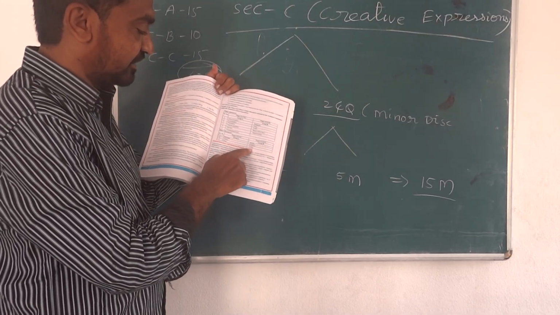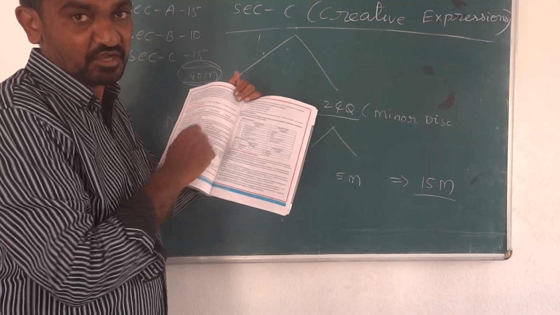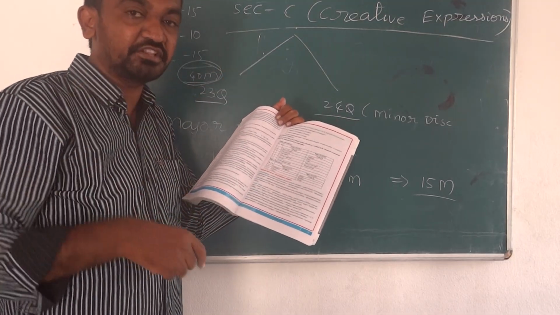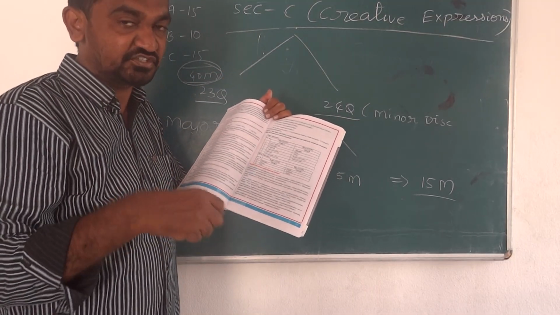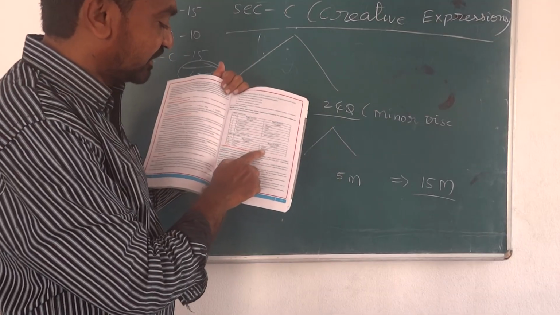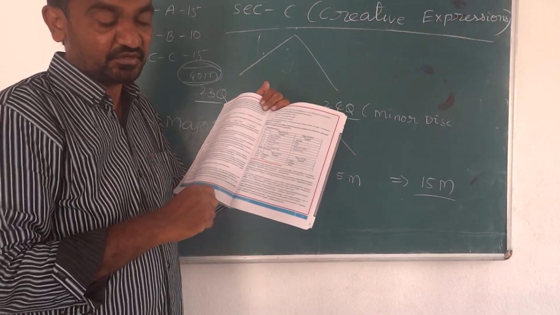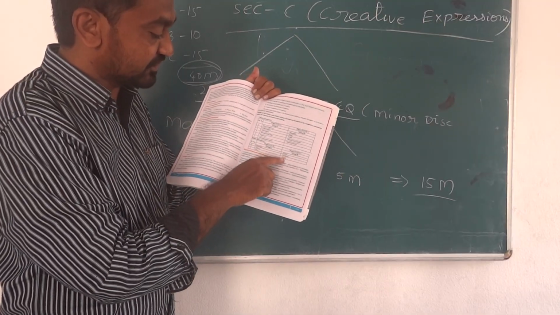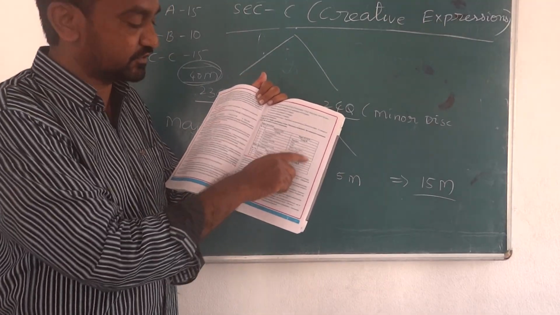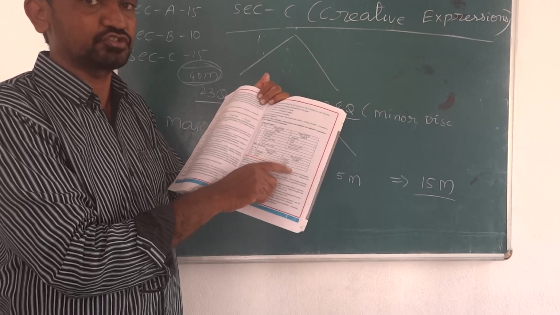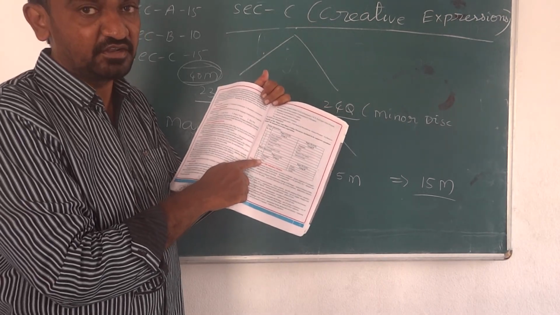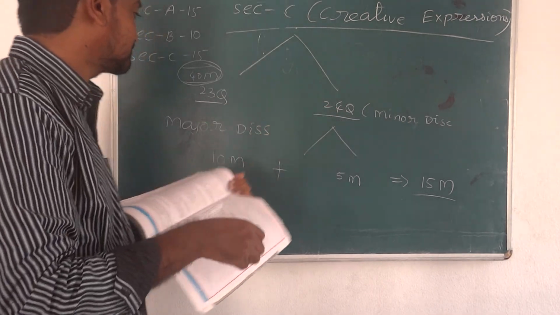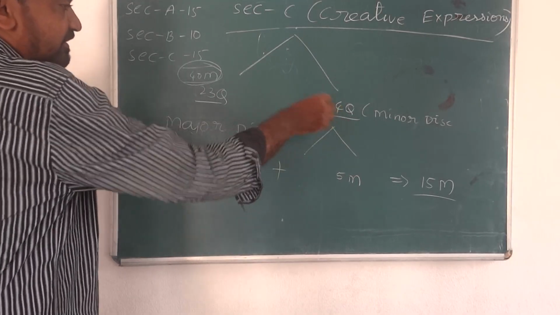And paper 2 minor discourses: poster, how to prepare a poster. We shall discuss that in our next class. Next, invitation card, a wedding invitation card. These are the minor discourses. Next, profile. These three are the paper 2 discourses. Those are the paper 1 minor discourses. This is what the major and minor discourses are.